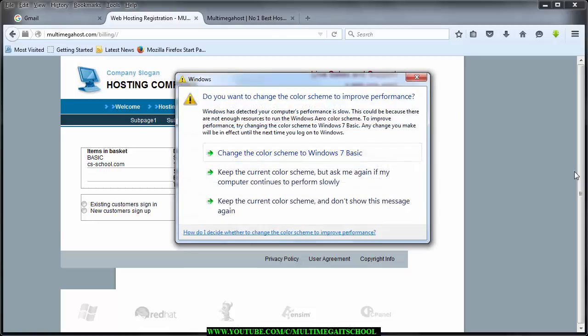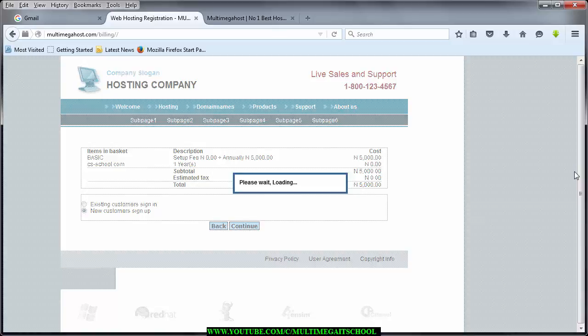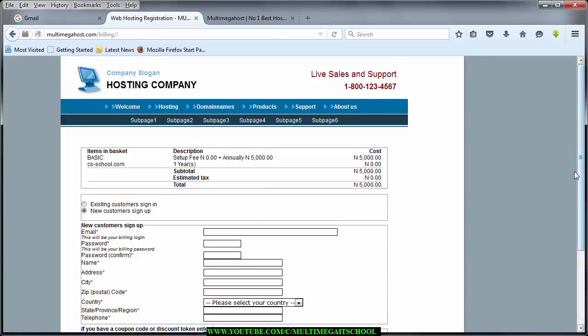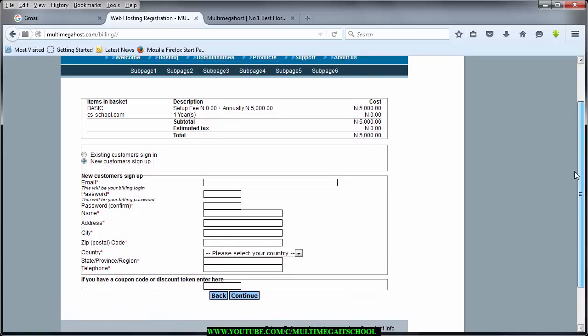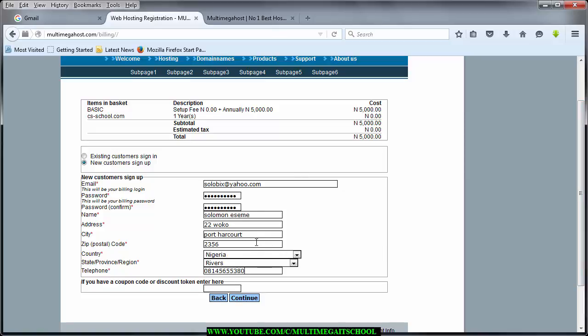So the next thing you are going to choose: if you have already registered with us, then you need to use your existing account. But if you're a new customer, you need to use new customer sign up. So I'll click on this as it's loading. Then I will fill this form. I'm going to pause this video, fill out the form and get back to you. So I just finished filling the form. So I will click on